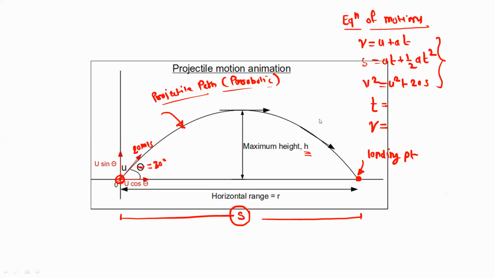So the basic difference between static and dynamic is, in static, it is a force analysis when the object is stationary. And in dynamic, we will be calculating the motion parameters, that is velocity, displacement, acceleration, time, and sometimes we will take the forces into consideration. Okay, so all this part is dynamic. So I hope this difference is clear. What is the meaning of static and dynamic?